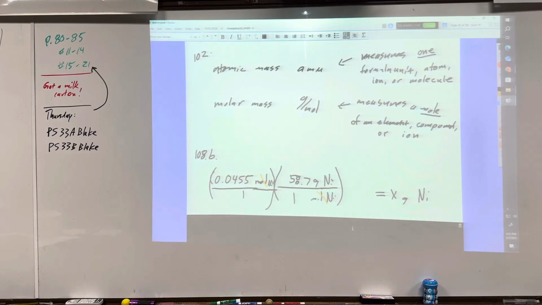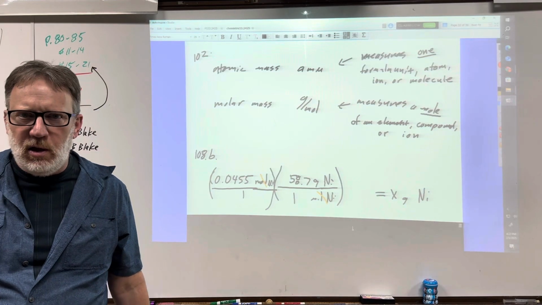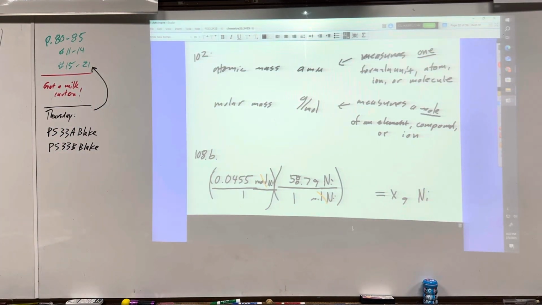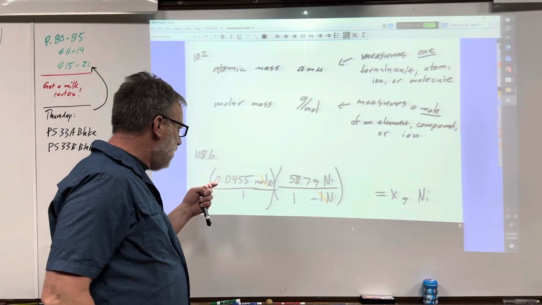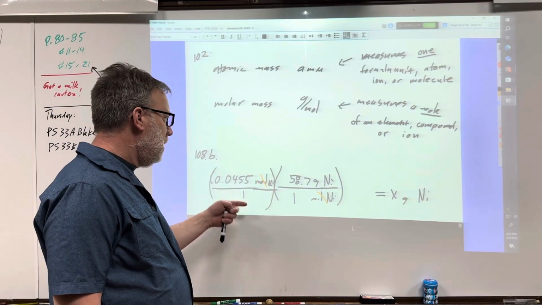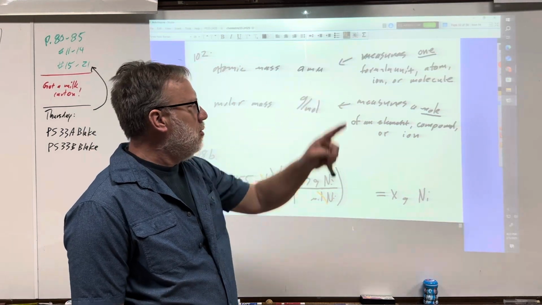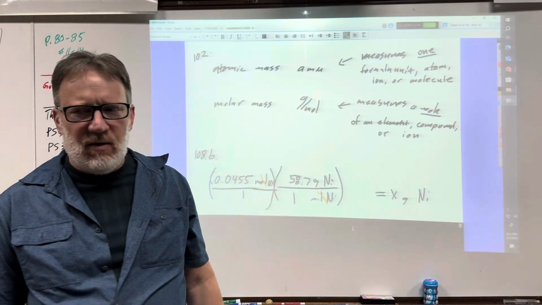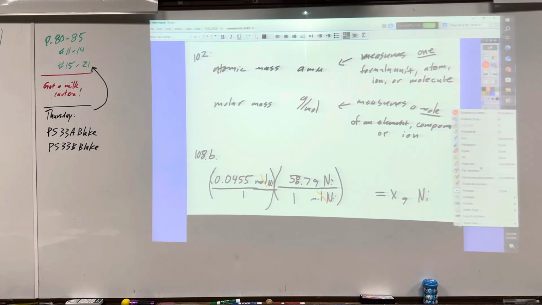I have B. So A and C and D you should also be able to do, and I can quickly check to see if you did them right. But on B, you have 0.0455 moles of nickel. So if you are looking for grams of nickel, and you know you're starting with 0.0455 moles of nickel, you put that over 1, and then you convert moles nickel on the bottom, grams nickel on the top, and you get the number from the periodic table, which is 58.79, and you multiply those two, you will get